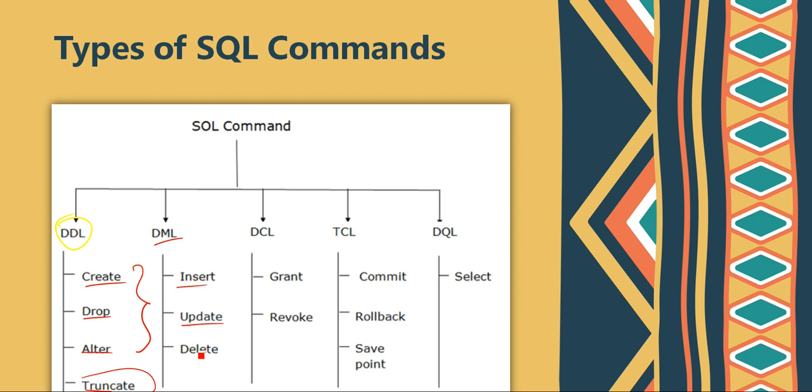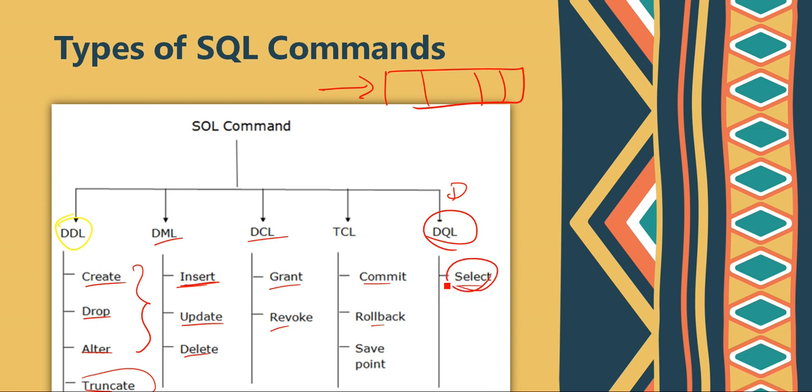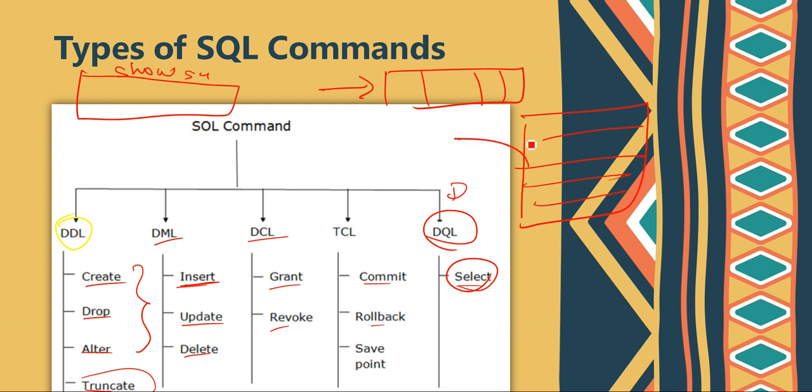This is insert, update, delete. Any kind of information that I want to insert somewhere, I am going to use insert. DCL: grant, revoke. TCL: commit, rollback. We are going to look at them one by one. DQL, data query language. Query language means select. Select means when I want to show some information. Let's say I have a table of 100 student records and I want to list them inside my page. So I will use the select statement, select query. Select is basically to retrieve the data.